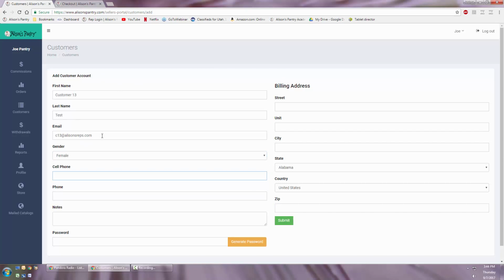So if there ever is a customer that just does not have a computer and does not have an email address, you can put their information in for them. And that's basically what this interface is for. It's for when the customers aren't able or don't want to do it themselves, which is just fine. But if you ever run into the situation where they don't have a computer or an email or anything,